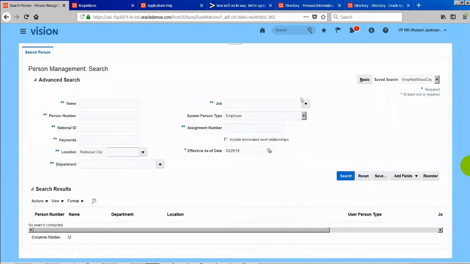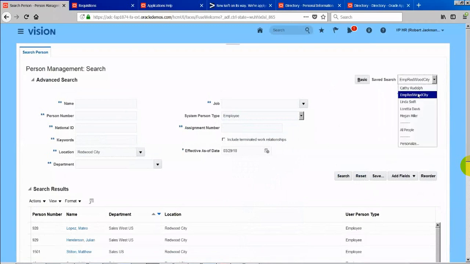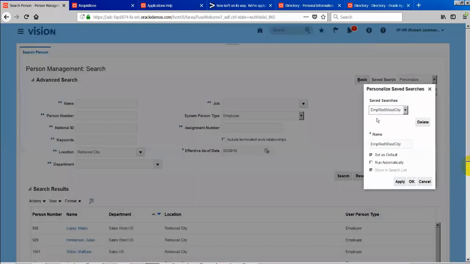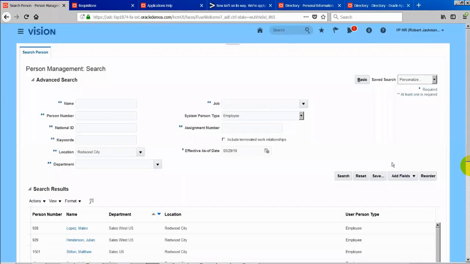You can search it. What is the functionality of that automatic search? Automatic search functionality is, I can personalize it. So what automatic search is, if you run automatically and apply it, click on OK.